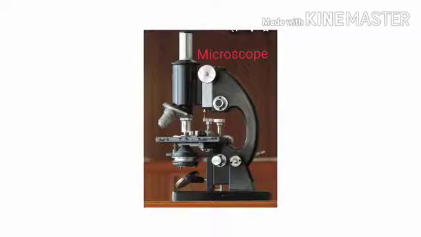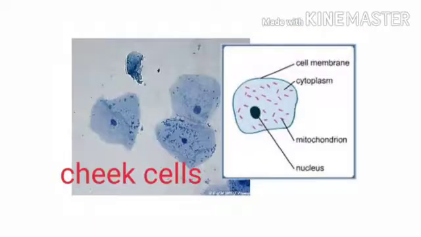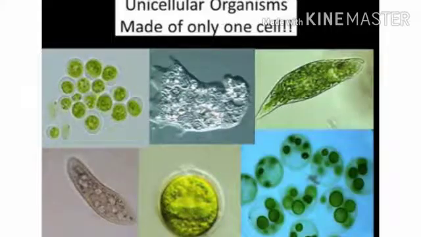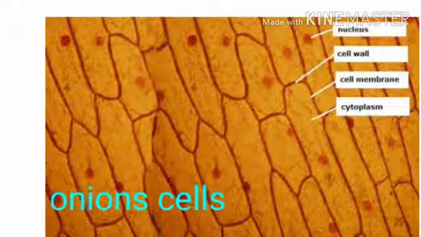So we will study today onion peel cells, plant cells. Then we will study animal cells from human cheek and blood cells. And we will also study certain microscopic organisms, unicellular. So when we study plant cells from an onion peel below the microscope,